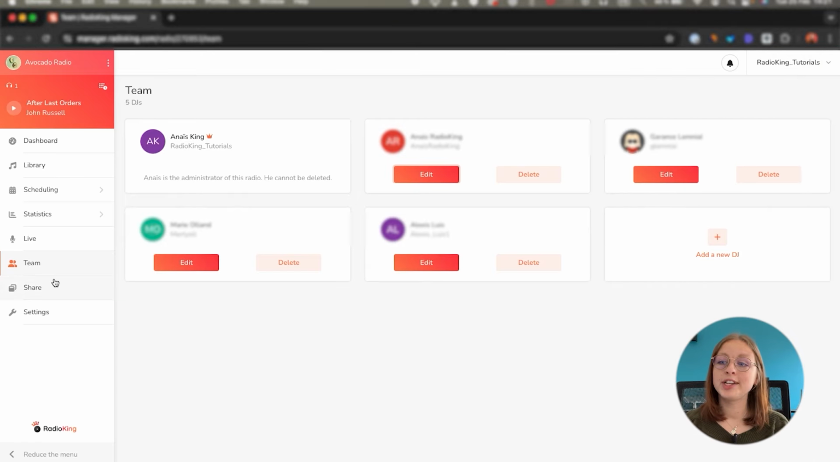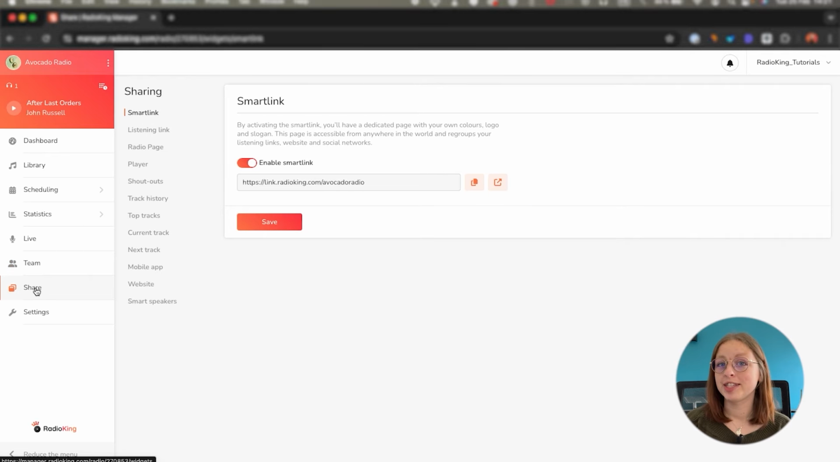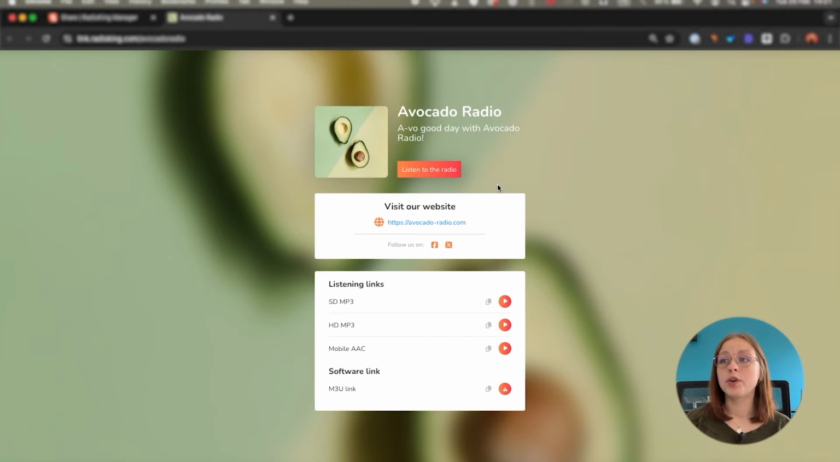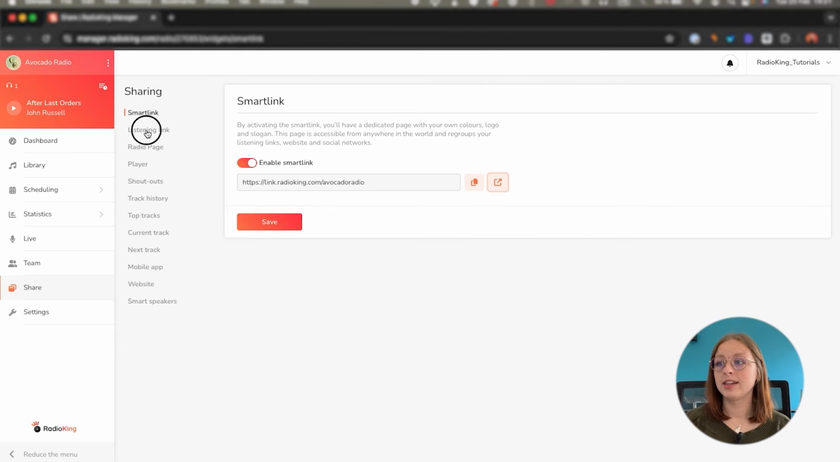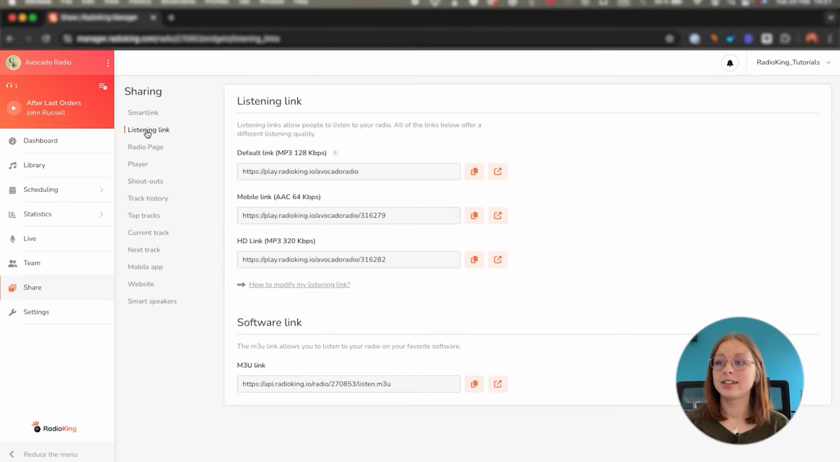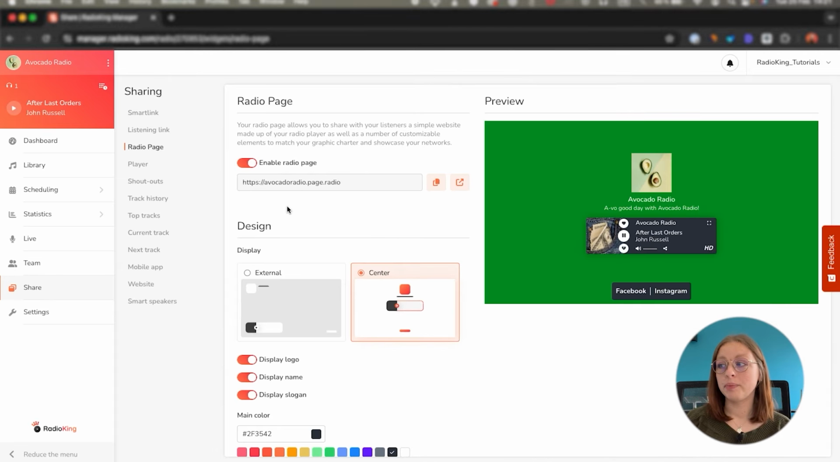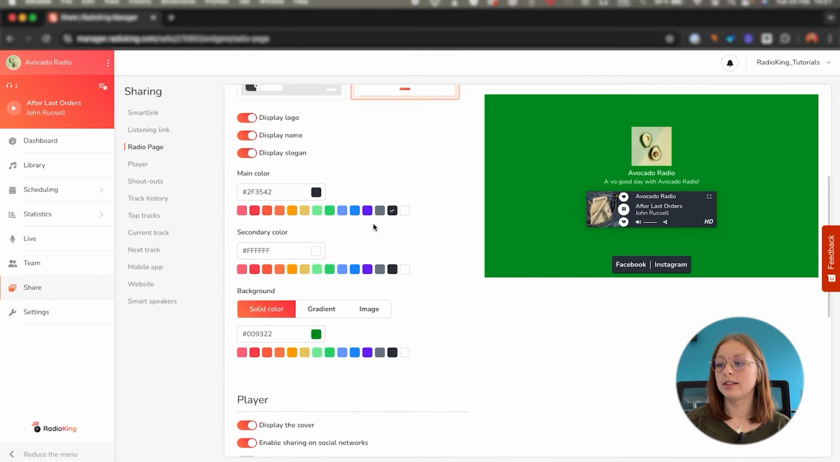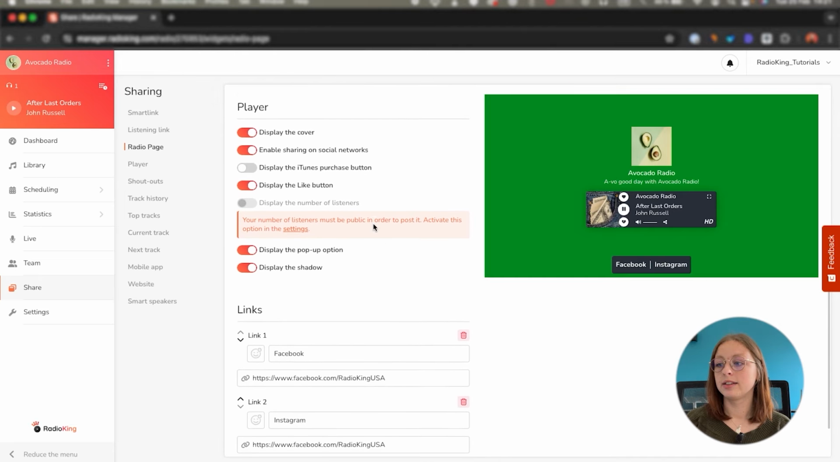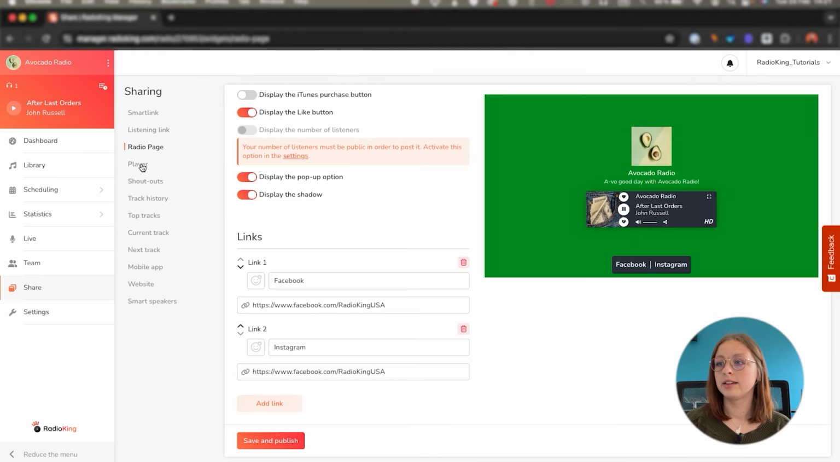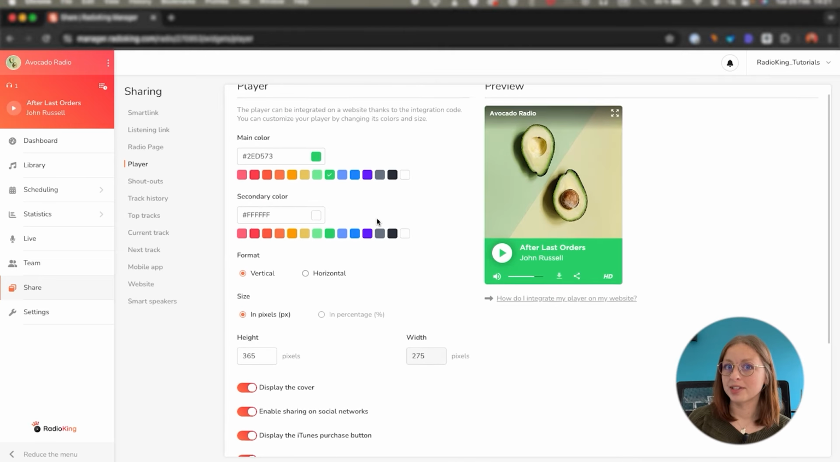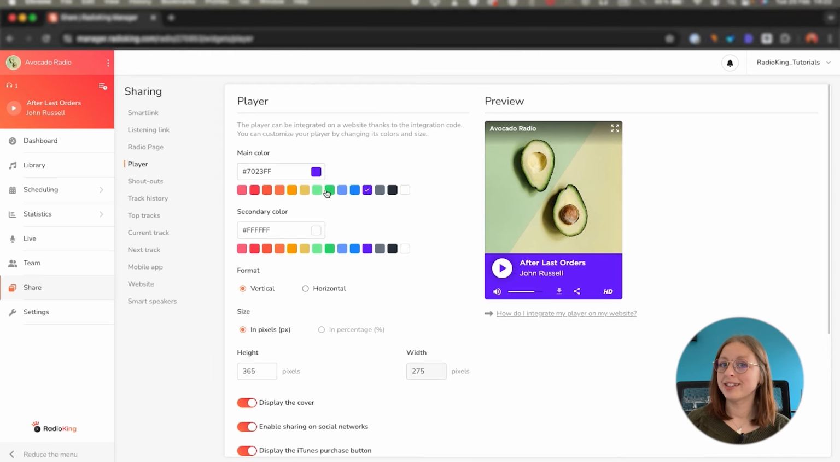And of course, we provide you with everything you need to share your radio station with the world. So you'll have a smart link, which regroups all of your important links in one place, a direct listening link, a radio page that you can customize to your radio's colors, a radio player that you can customize and embed onto your website,